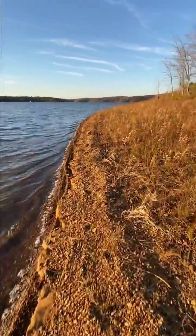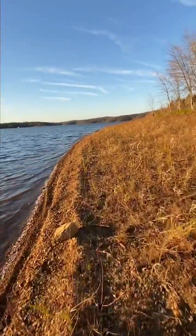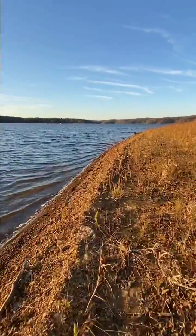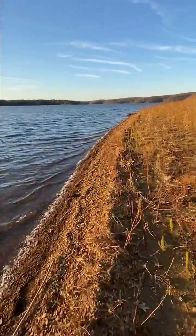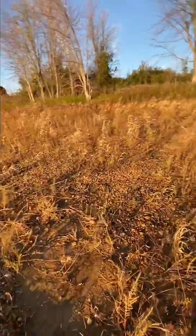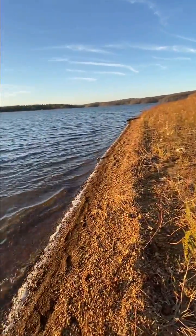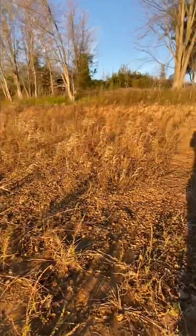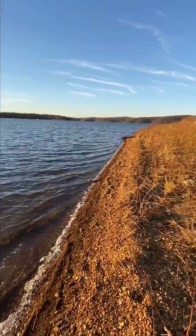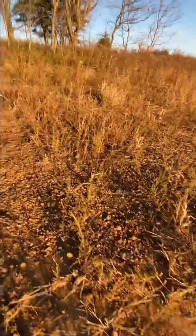I've actually taken a tour of this island already, and I found some cool things I want to show you guys. So I was walking along earlier with my fishing rod, and I just happened to look up, and I noticed, if you can see it right there, there's a small pathway that leads up to the middle of this island. That makes me wonder if it was a path that fishermen used to get from one side of the island to the other. And it has to be, because this would be a great place to dock your boat. So I walked up here,